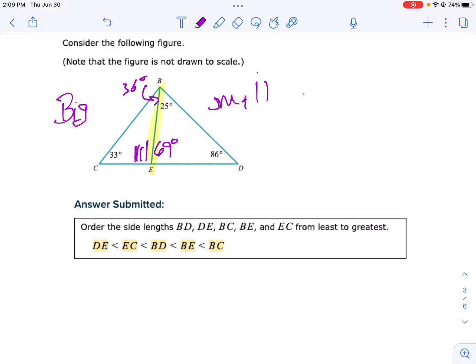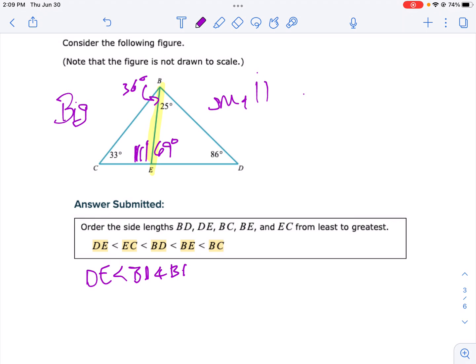If I notice the triangle on the left has 25 degrees as my smallest angle, so the side opposite 25 degrees is ED, which you had as DE, which is correct. DE is my smallest side. Then my next smallest side is going to be BD, because we're staying within the triangle. And then the biggest side of the triangle on the right here, triangle BED, is side BE,